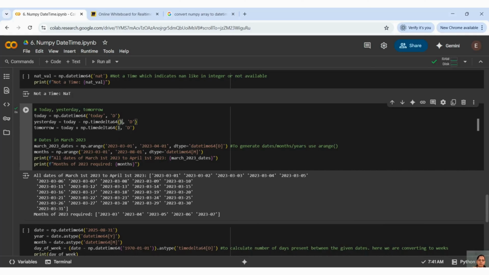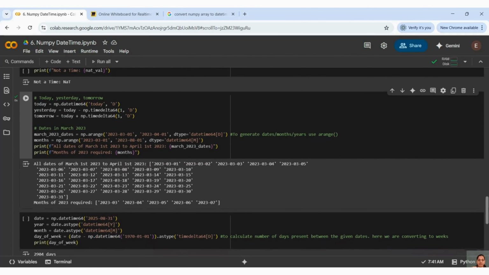You just need to give minus np.timedelta. I have already told you this, right? With timedelta you can use plus or minus. For future you can use plus, for past dates you can use minus, and you can pass the numbers here, right?